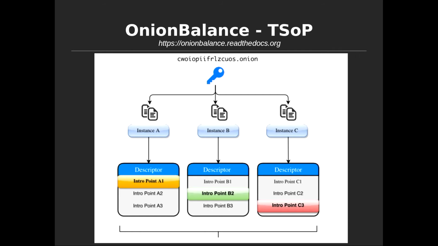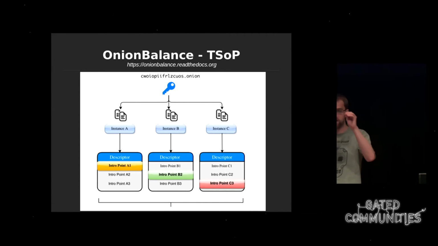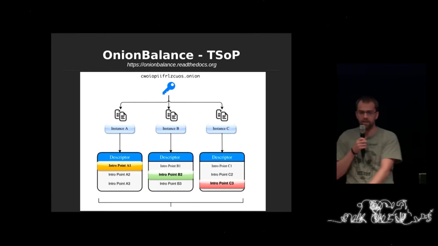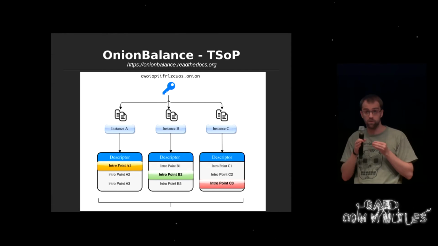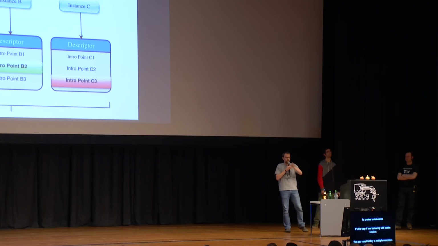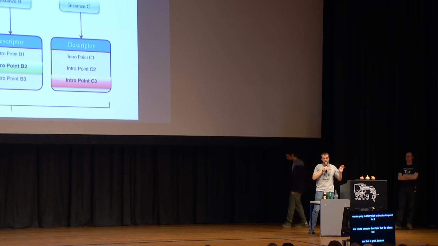So as you create a hidden service with the top key, you then copy that key to multiple machines. All those servers will start creating a descriptor. And basically, the descriptor, if you remember, is how to reach me. We're going to cherry pick introduction points from each and create a master descriptor that you can see in that picture. That master descriptor is what clients will use. So you load balance in the network depending on introduction points and the instance. And this is great. We actually know that Facebook will actively start beta testing these things so we can have load balancing and CDNs and much easier Onion addresses.